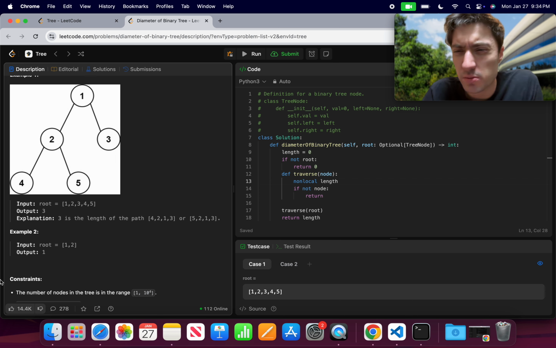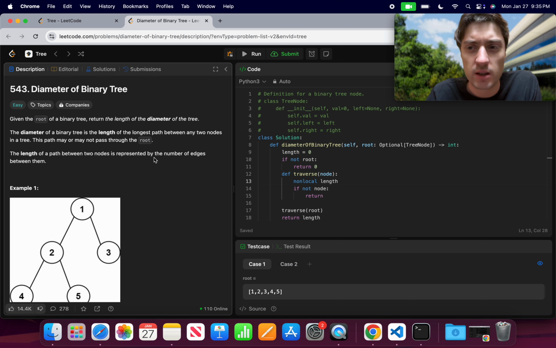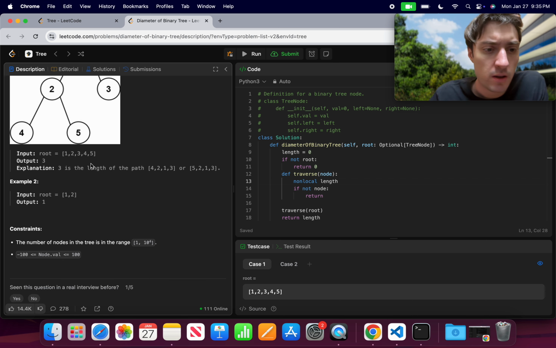I feel like I've done this problem before. I feel like I've done something very similar. I don't know if I did this exact problem or what, but I feel like some time ago in the past I did this problem. Does it say attempted? It doesn't say attempted, so I don't know what's up. But anyways,